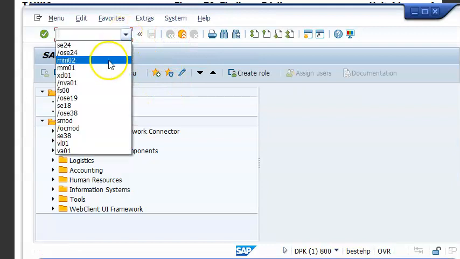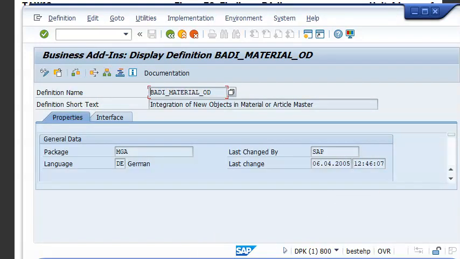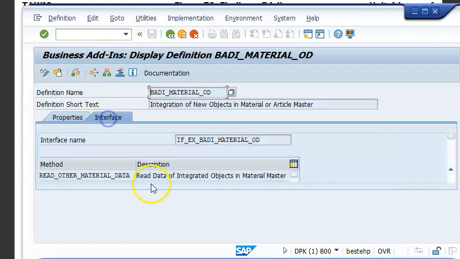Okay. Now we will go to SE18 transaction, and assuming that the BAdI name that we have just now found is this one, we'll just go for display. This will definitely be there. In the interfaces, by default there will already be an interface for this. Interface is something like an include program for the classes, wherein we can do some basic implementations. By default, some implementations will be there.